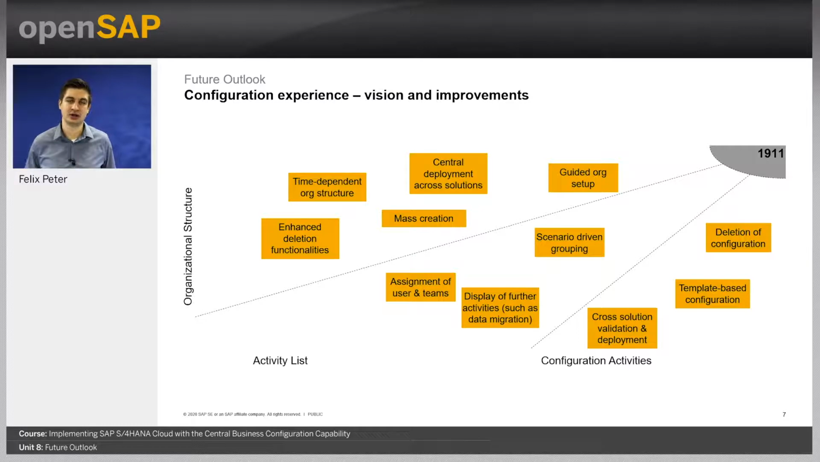So now looking at the activity list. The current activity list that we have in the system is a very hierarchical one. So we are really grouping the customizing activities or configuration activities based on the functional areas. Going forward, we also want to have a second layer here. So we want to be able to have a scenario-driven configuration, where you really can then, for specific use cases,